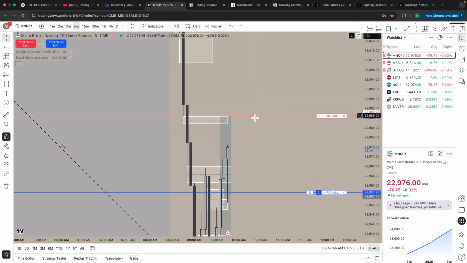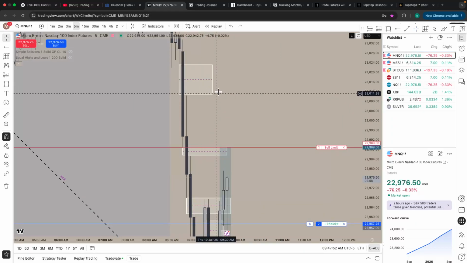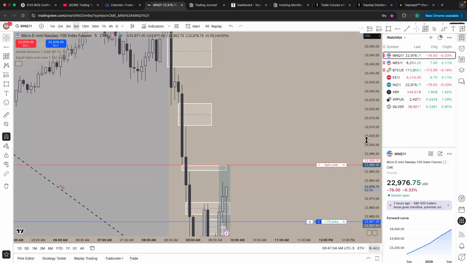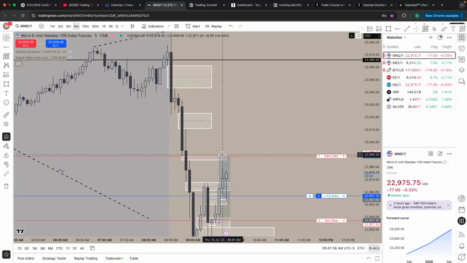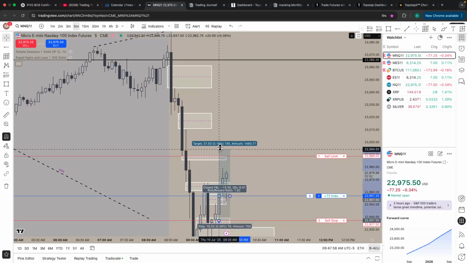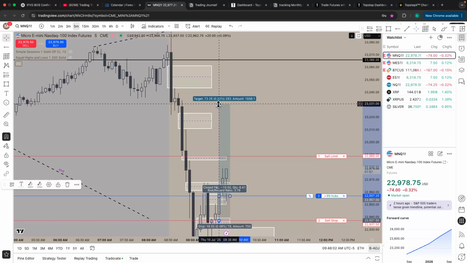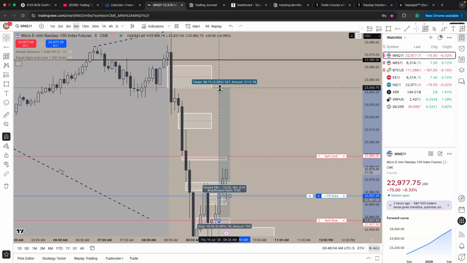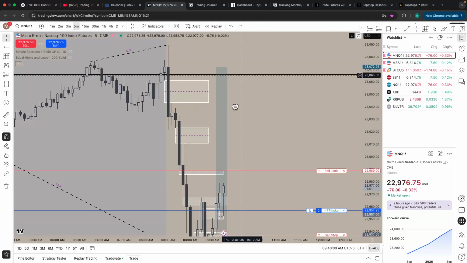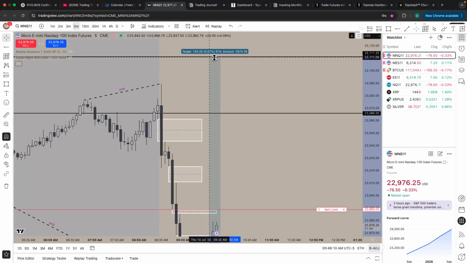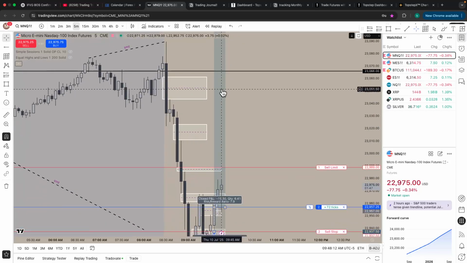Ideally I'm just taking profits out here to play it smart. I don't want to be too aggressive. So it would be a small gain if it comes all the way up into this gap. But like I said, if it inverses this, I'm pretty sure it will want to come up into here, either fill in this gap or inverse it to come up into here, fill this gap or inverse it, and then all the way up into here. Which, if this trade goes all the way to all-time highs, it'd be a 1 to 7.